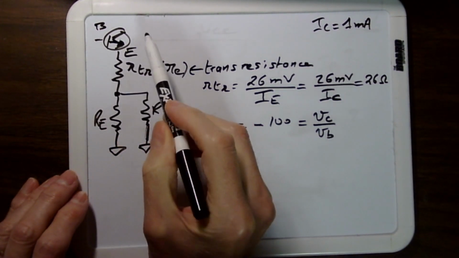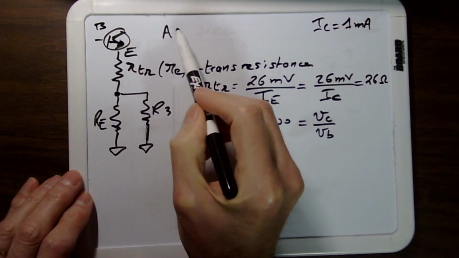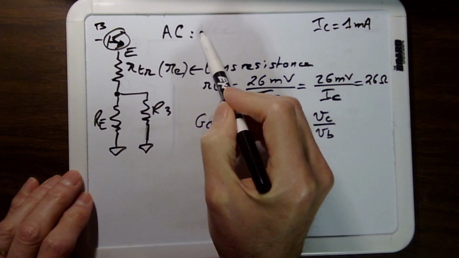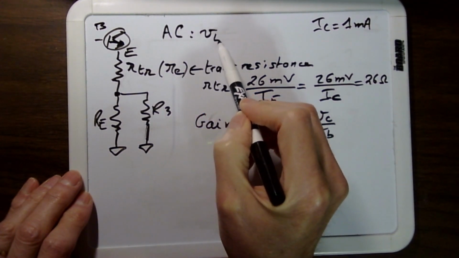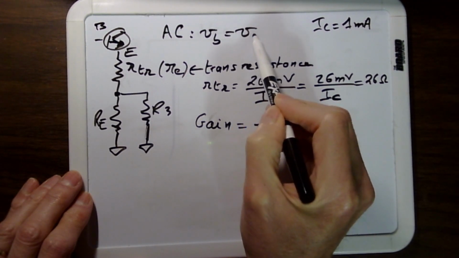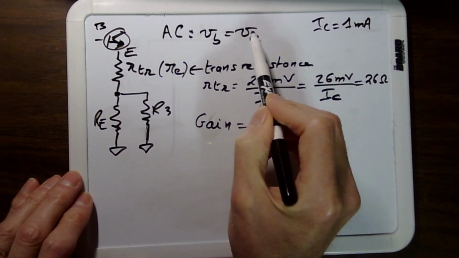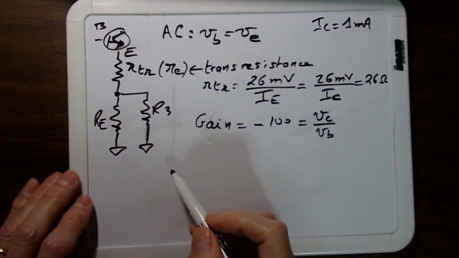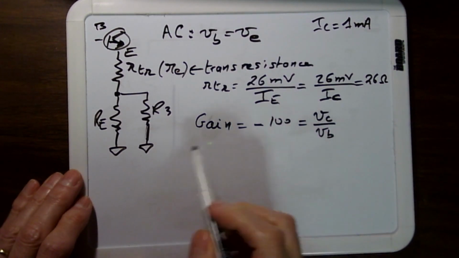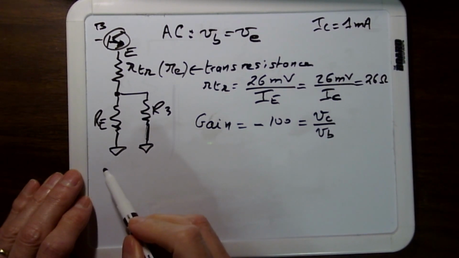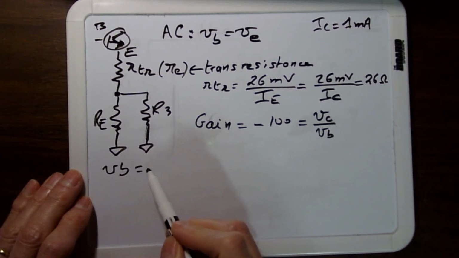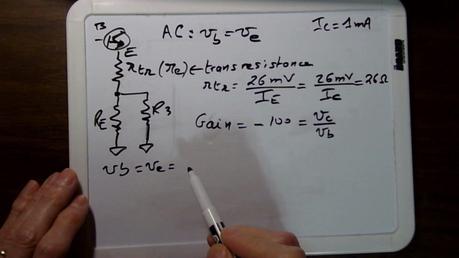But in AC, VB is equal to VE, only in AC. So small v, small b equals small v, small e. So let's compute. So VB equals VE is equal to,